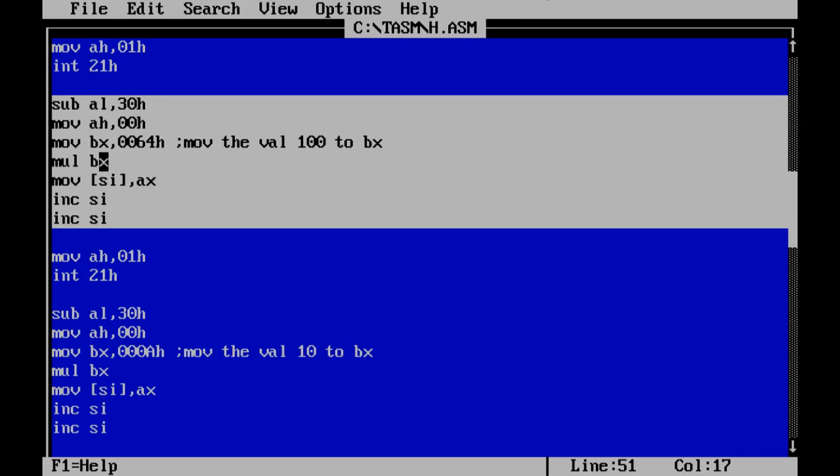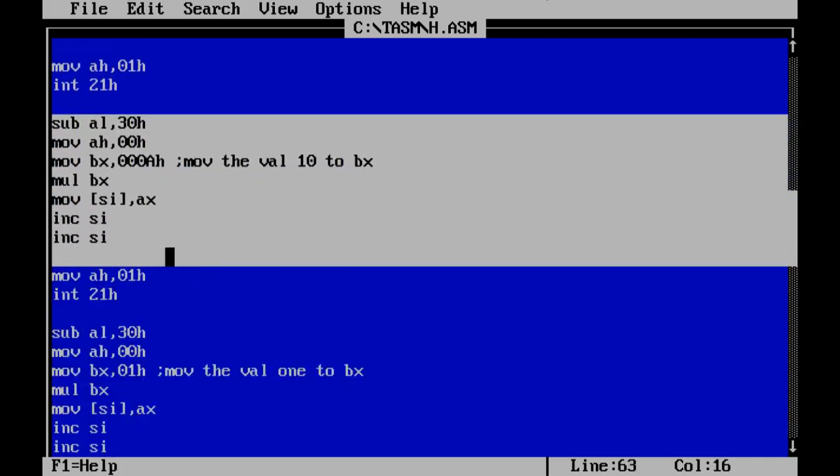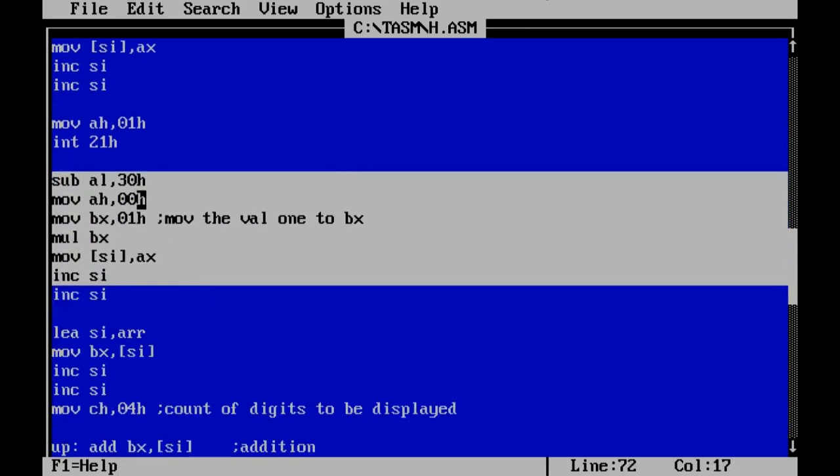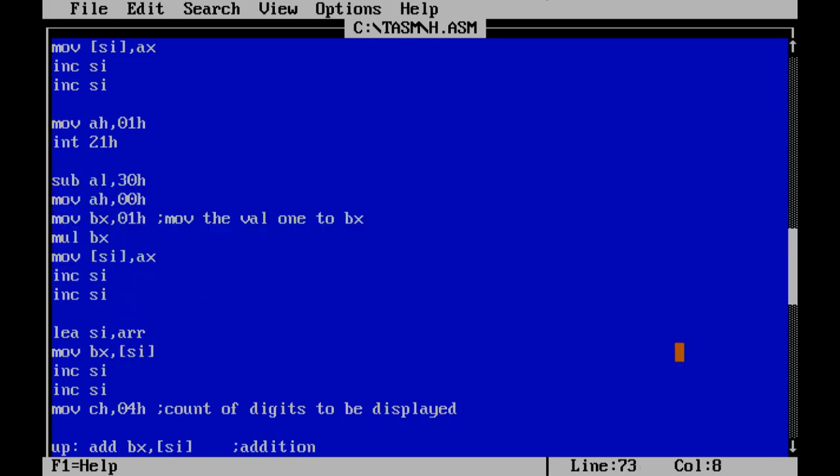Then again multiplication with the second number, the result is stored in the BX register, so multiply by BX, then move whatever data is stored in the accumulator into the source index register, again increment the source index, again increment the source index. The same process goes on for the third number, and the last one is our last number. Here again we convert the given number using 030H, move that into the higher order of the AX register, again multiply this 01 with the BX register, multiplication of BX into 5, again we increment the source counter. Last one.